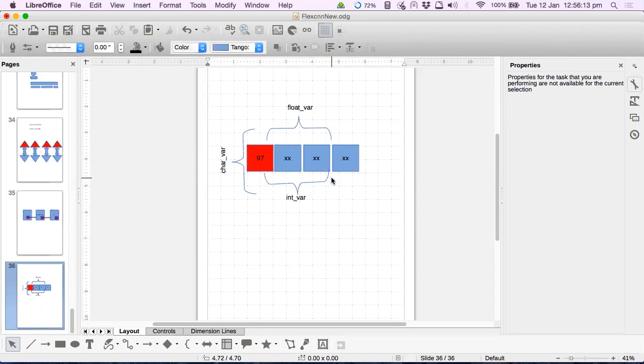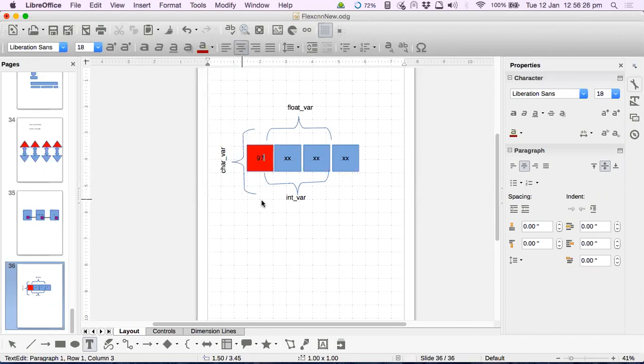So why didn't we get garbage the first time? Because I had stored the integer variable, and the value was 97 only, isn't it? But there are garbage values in the other 3 bytes as well, right? Exactly, but I am reading it as a character now. So the character will only read the first byte, because the character's area is only 1 byte.